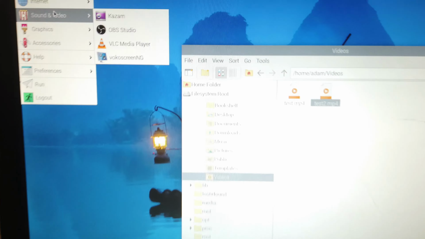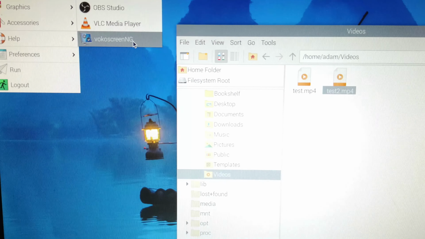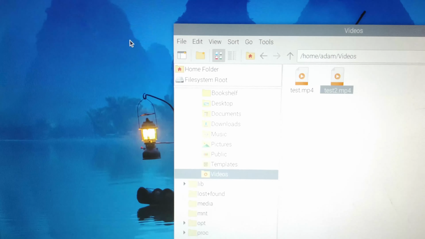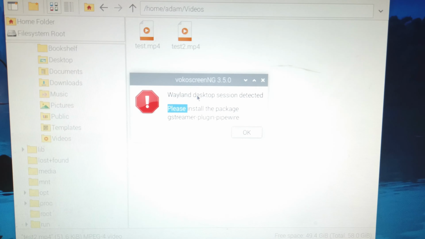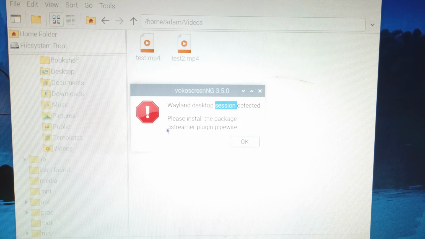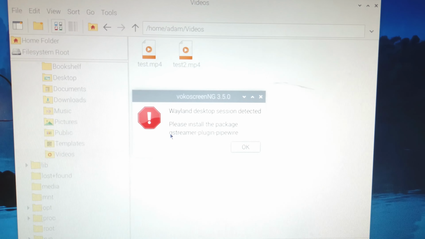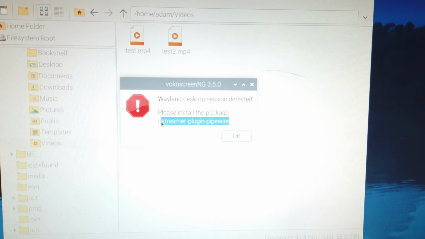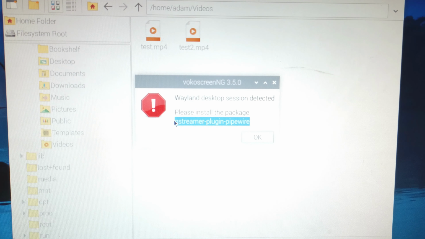And actually I think the same thing happens with Kazam, or I don't know how it's pronounced, and also with Local Screen. I can't even start it because it says a Wayland desktop session is detected, please install the package GStreamer plugin Pipewire. I actually installed it, but it didn't work. The installation was successful, but it still shows this window, and I don't know what